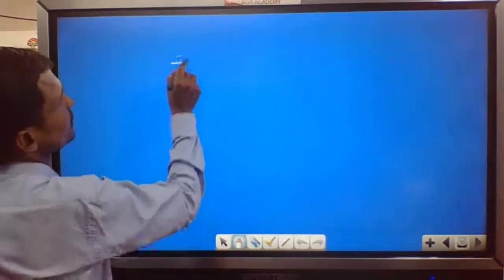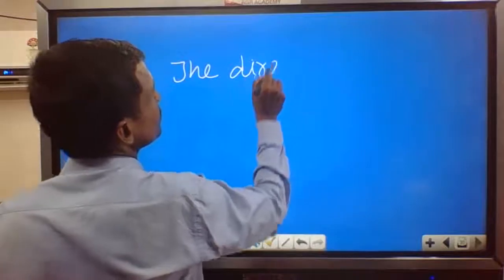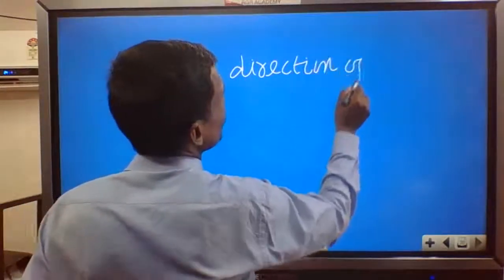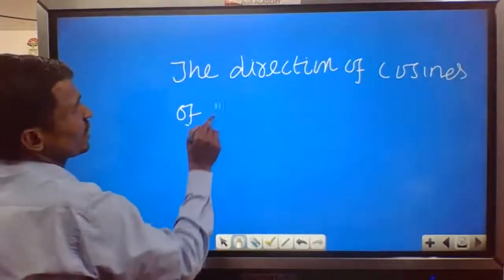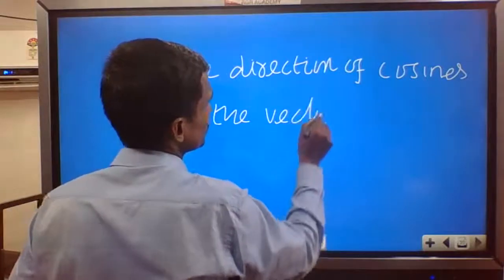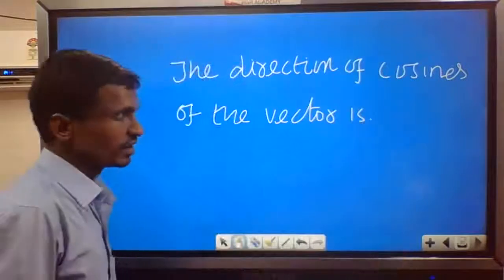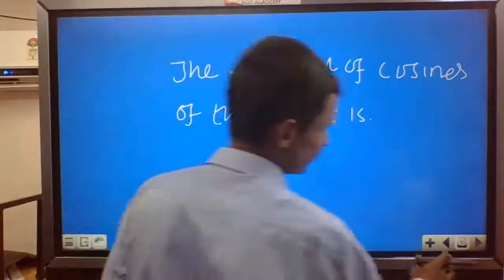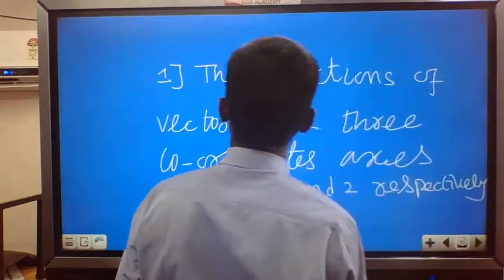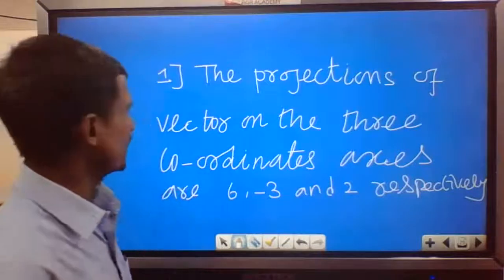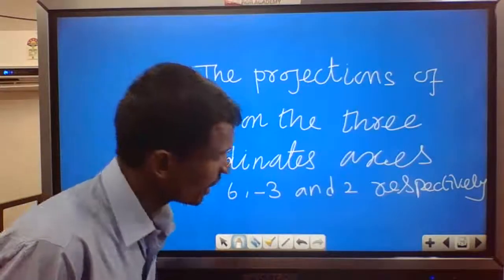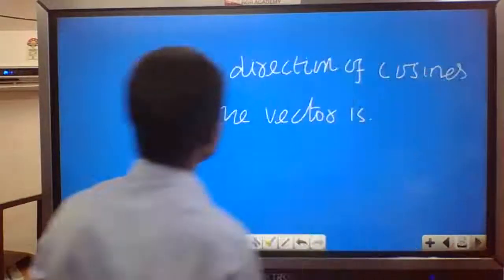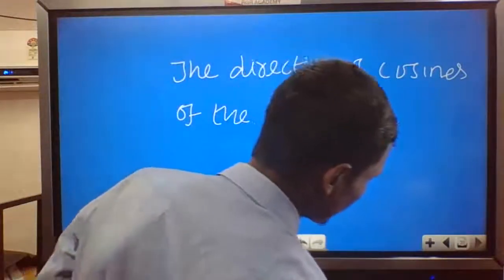The direction cosines of the vector. The projection of the vector on the three coordinate axes are 6 comma minus 3 and 2 respectively. Then the direction cosines of the vector are